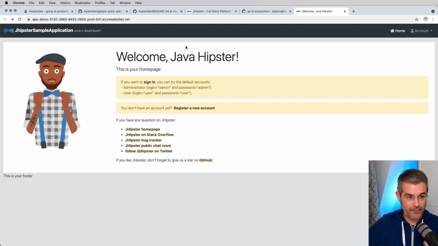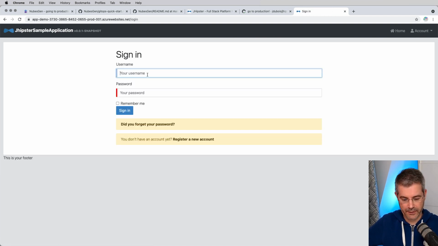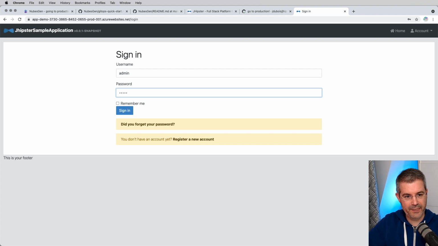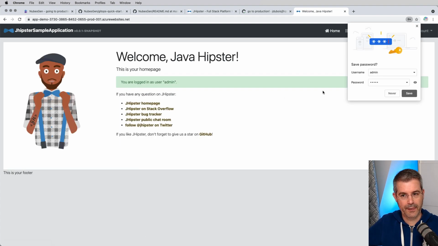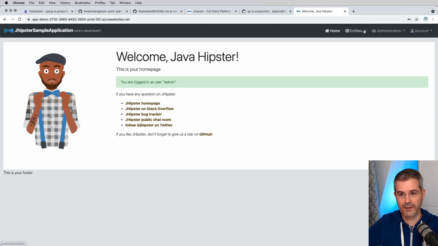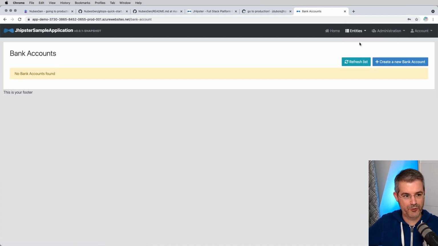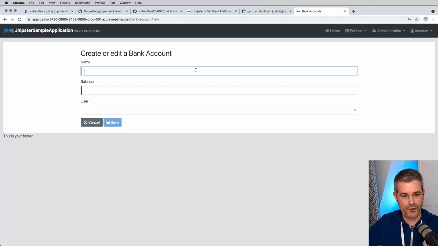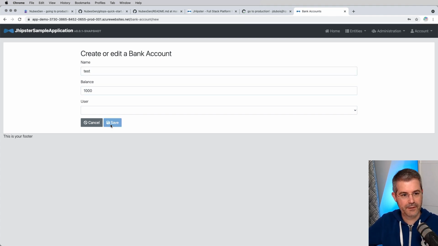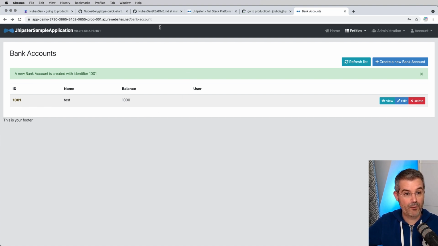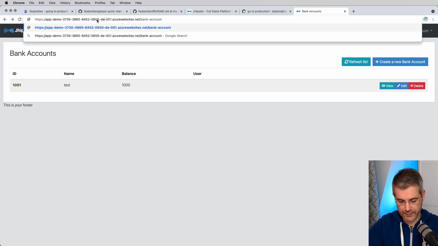I can log in and play around with it if we want to, of course. Admin. And this is the production application running with the PostgreSQL database. I can create here, for example, a new bank account with some money in it. And everything is running. If I want to switch to the development account, I just change here the URL, and